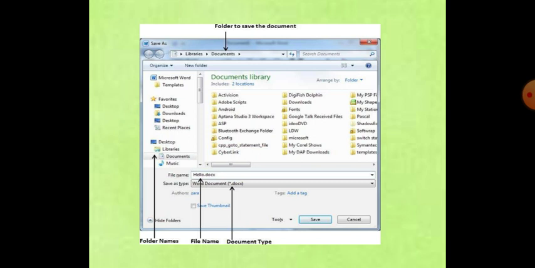See, on the left side you can select the document folders and the folder name comes on the top. Then in file name, give the file name, automatically .docx is added with it and finally click on the save button. .docx shows that it is a Word document. Okay children, so this is a way we can save our work in Microsoft Word. Thank you.